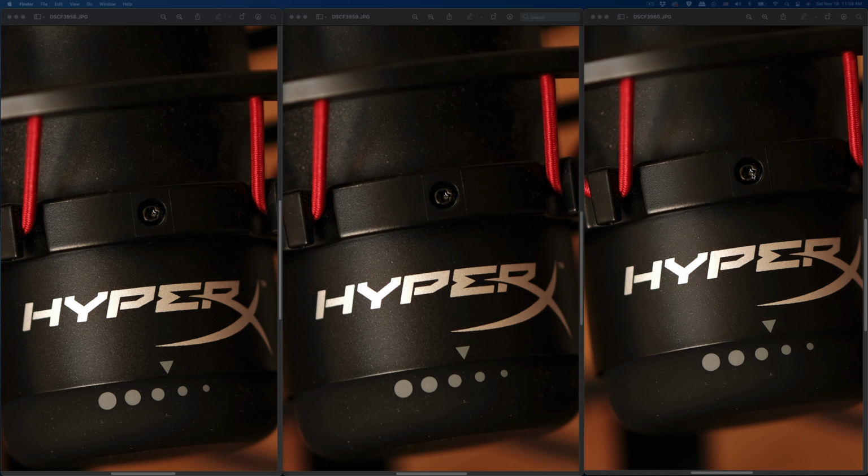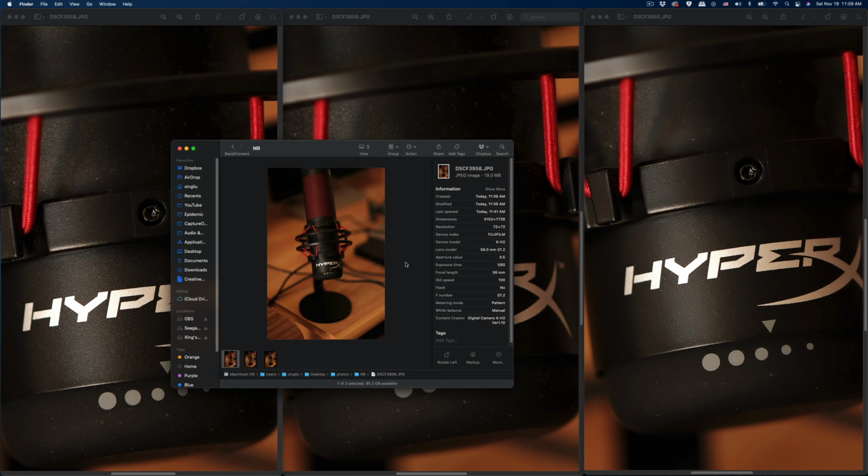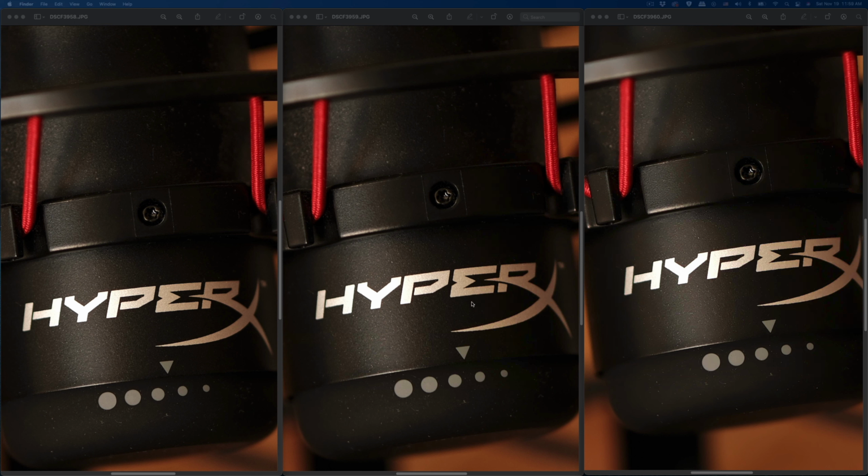The one on the most right-hand side is NR +4. This one is NR 0, which is the default factory setting, and this one is NR -4. You can see the differences, even though they were all shot at 100 ISO. All of them are shot in the 100 ISO speed, but it did affect the noise reduction,